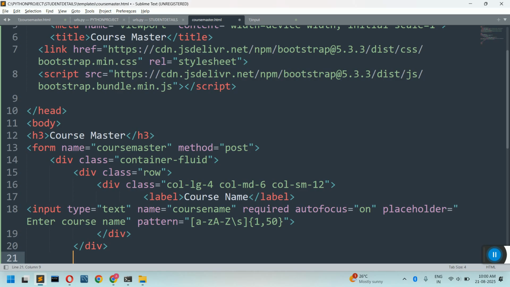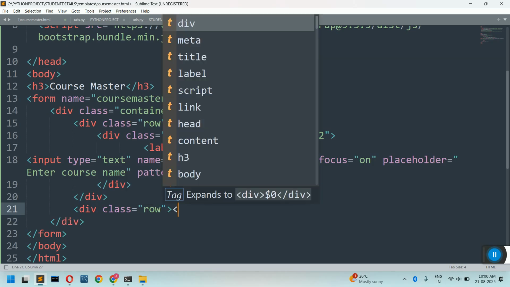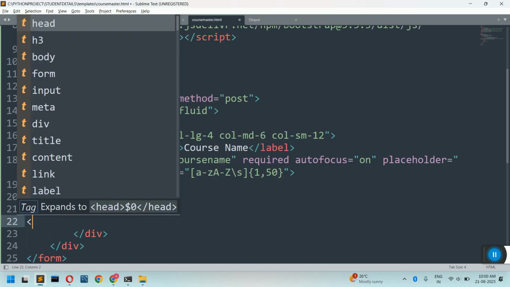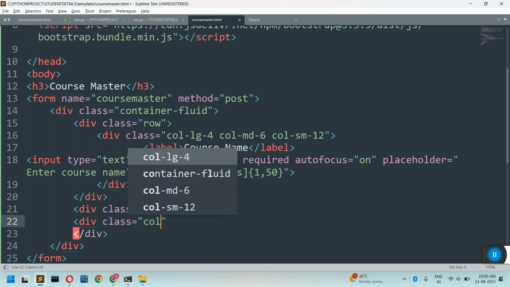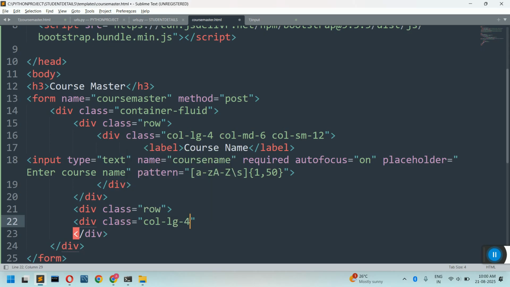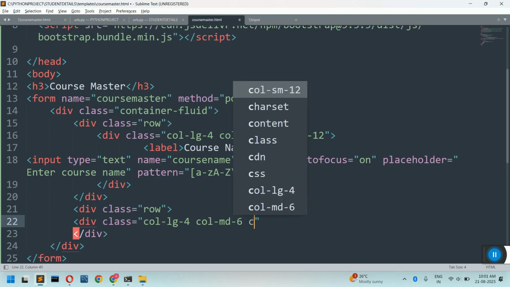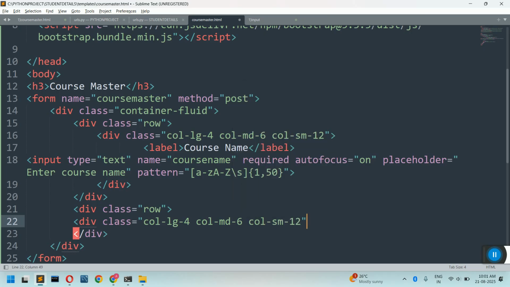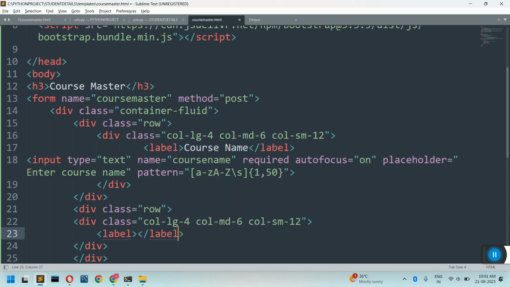After this row ends, I'll put it in the next row. So in the next row, again the same thing: the same division tag, class equal to row, close. Inside this, again one more division tag, div class equal to col-lg-4 col-md-6 col-sm-12, and close the tag in this case. Inside it, same, we make use of a label tag. Inside the label tag we mention